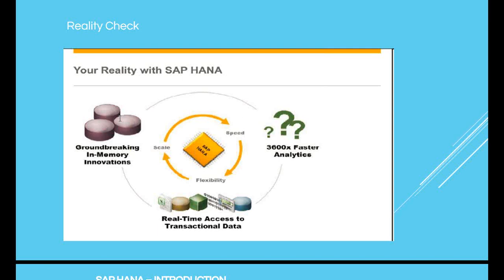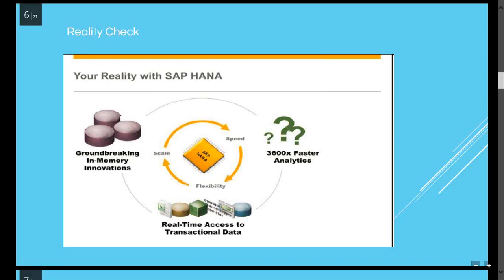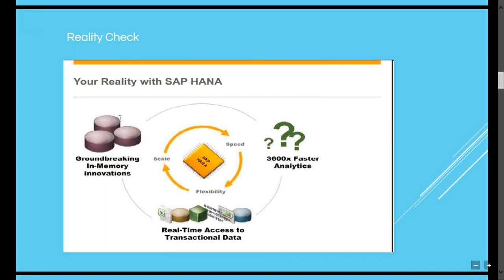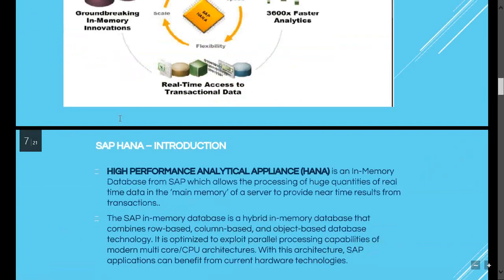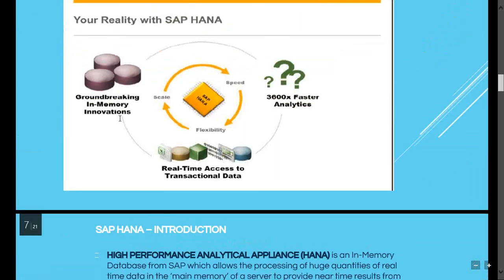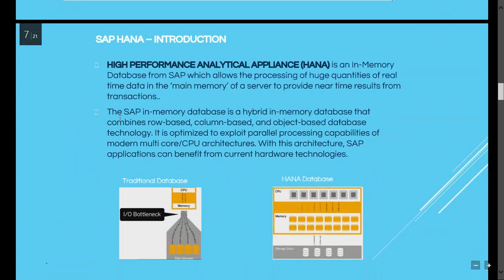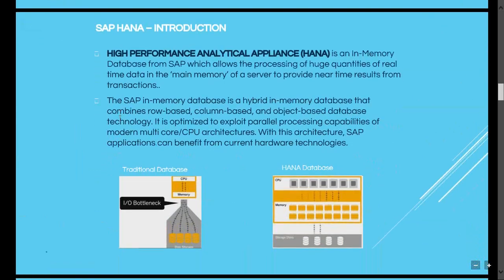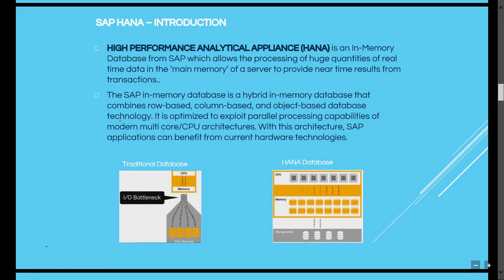Okay, so at first I was saying that it is different from other databases. Though it's a database, I'm saying that it's a different database. What is the difference in it? The groundbreaking role of SAP HANA is that it's an in-memory database. So every operation, everything, read operation, write operation, all the data processing, happens in memory. It's an in-memory database. In-memory means the main memory.